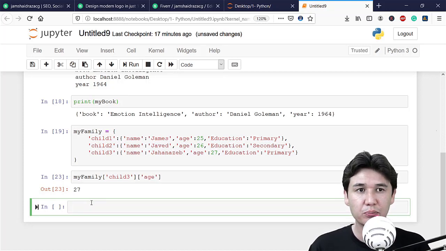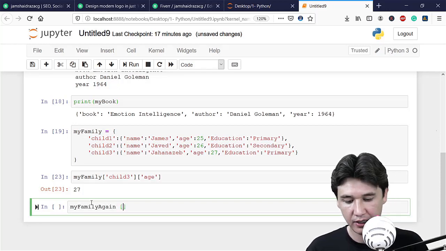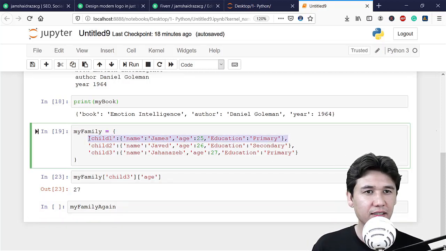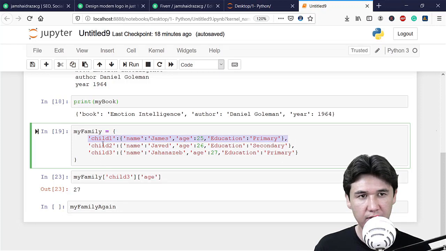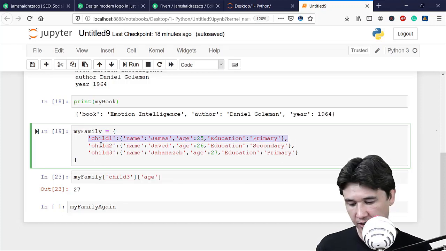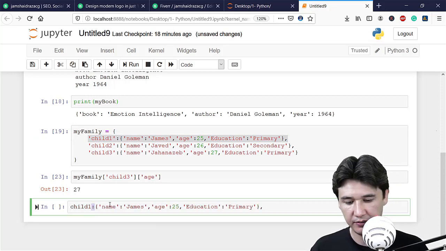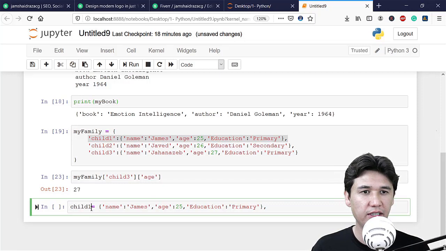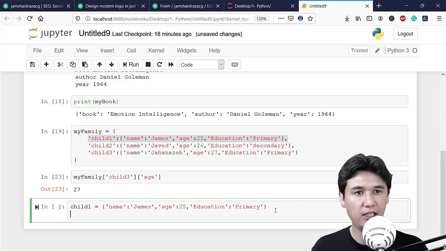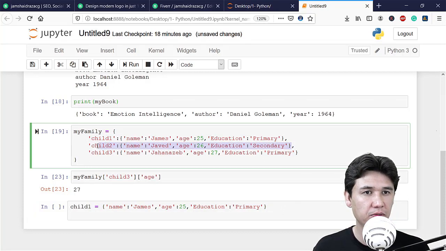You can also do one more thing. For example, I will write my family again. Then what we are going to write, like I'm going to make all 3 dictionaries separately. For example, I have child 1, and we are going to call that a dictionary, child 1, we have that dictionary. Okay, now I'm also going to call child 2,